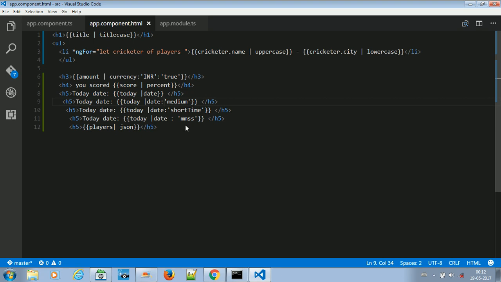Okay, then there is a concept of chaining the pipe. Means you can chain one pipe after the other. The output of one pipe can be the input of another pipe. Okay,